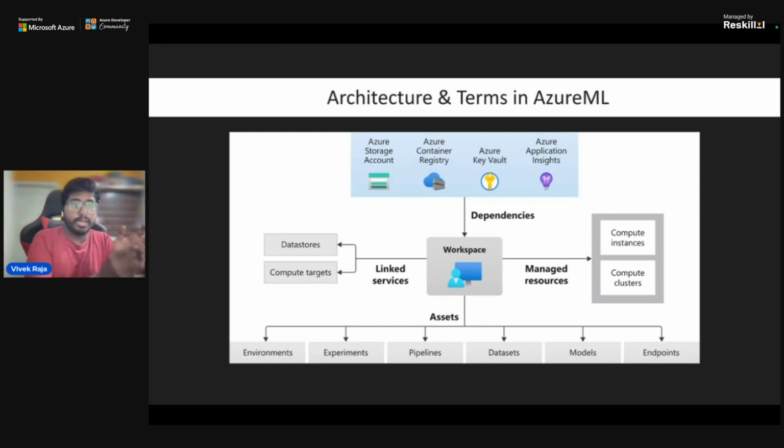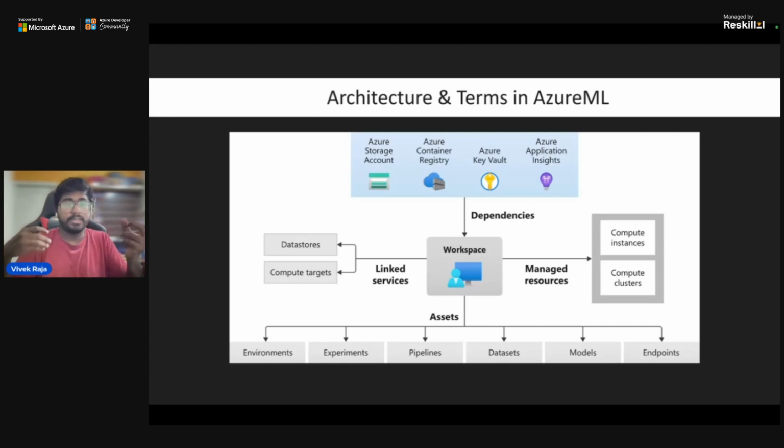Environments are where you can create, maintain, and reuse environments. Experiments are where you could associate some repeated activity under a logical name. And pipelines are something where you could associate steps of a process in a sequential or parallel way.